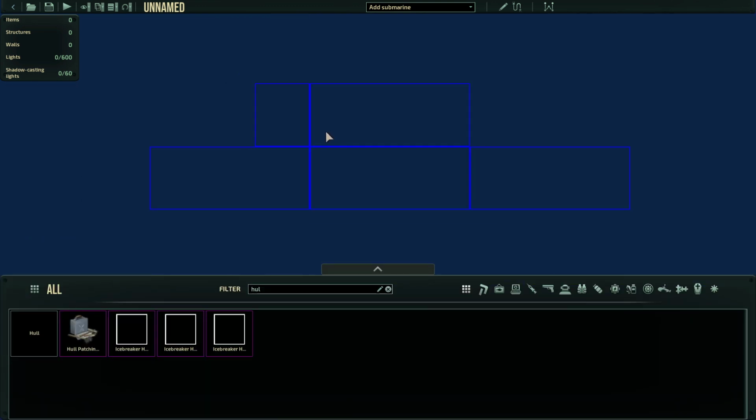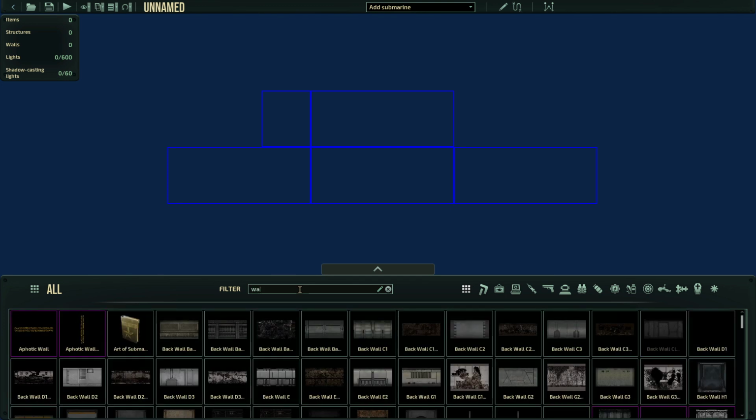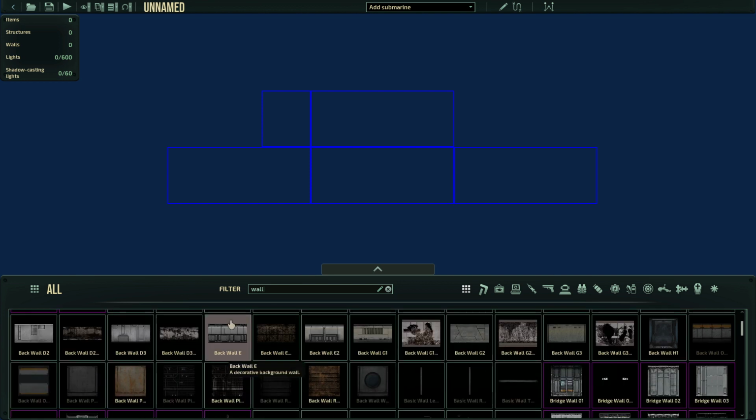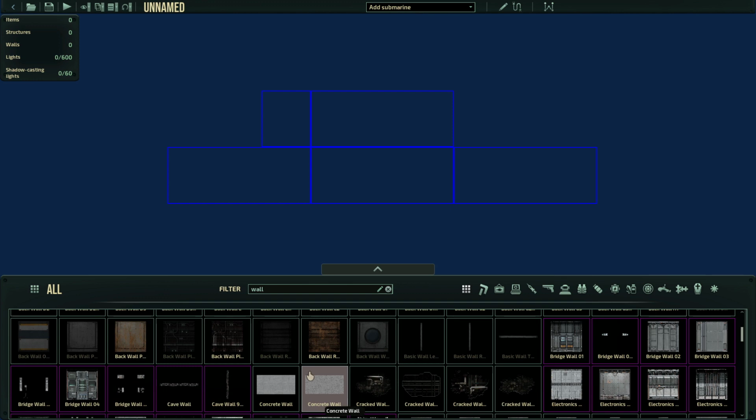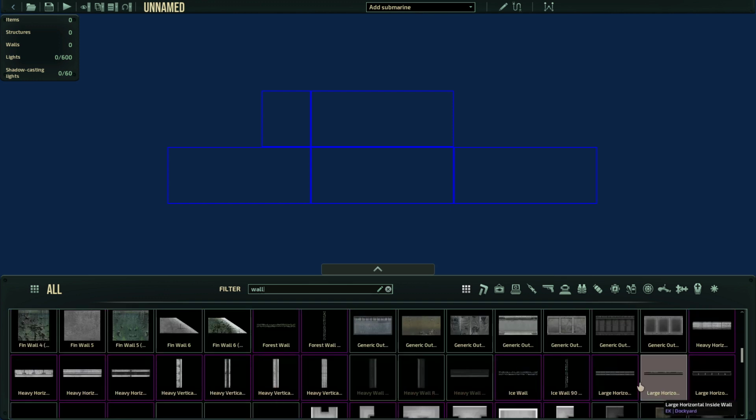Okay, so having grabbed hull, we now have a basic shape. Now, does that shape line up? Well, I don't know. Let's use our filter to find ourselves a wall. Now, you'll see immediately, you'll get a lot of background images that are back wall and names, and back and wall and names. But the thing you're looking for,